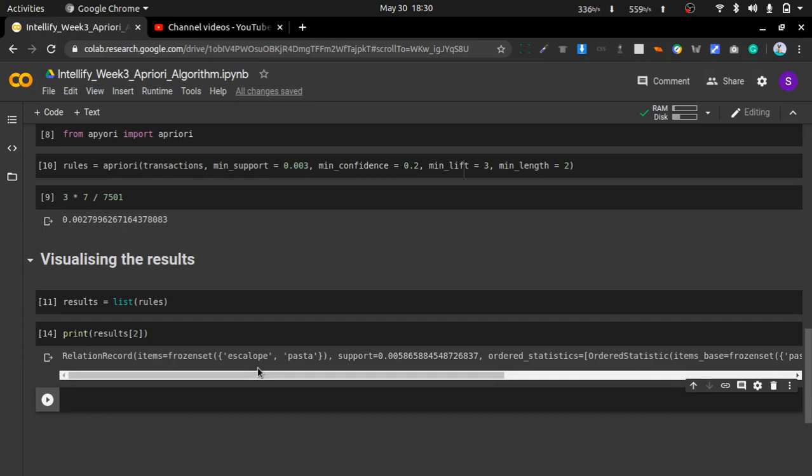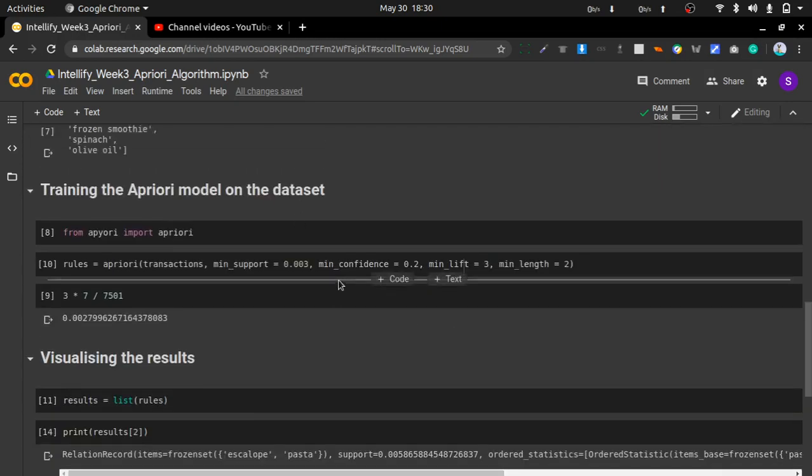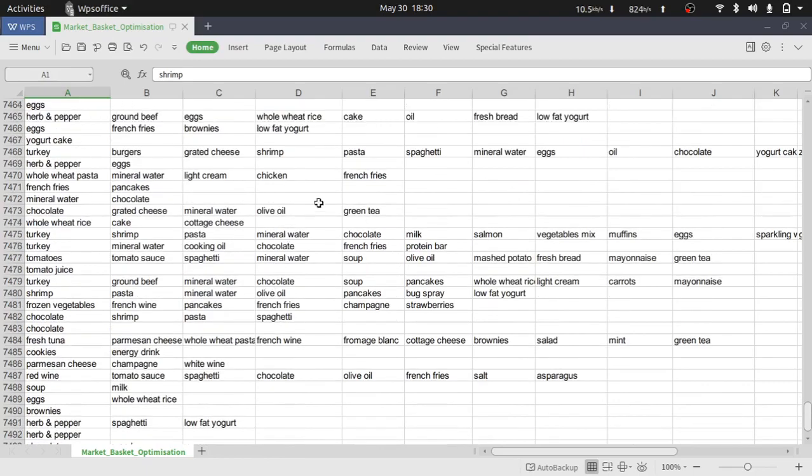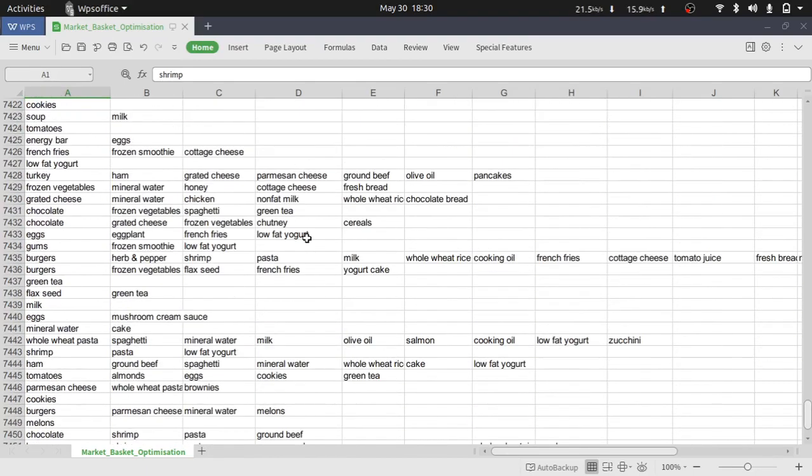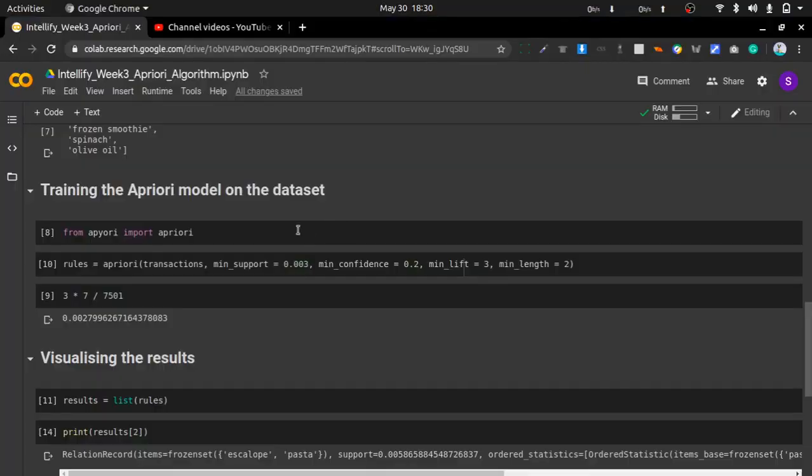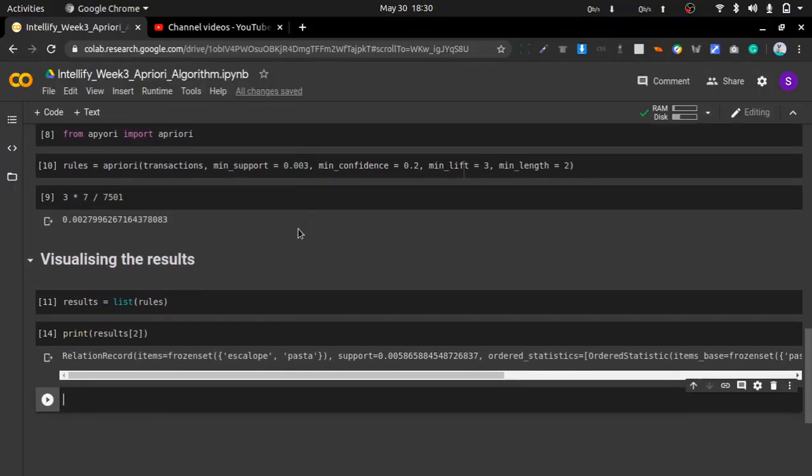So this is all about the apriori algorithm. I hope you got how to set the minimum support values and how to set the minimum confidence. This totally depends on your business problem. So before building your model, pre-process the data and see how much minimum support, or how many products you want to calculate the support for, and how much minimum confidence you want, okay. So this is all about the apriori algorithm.